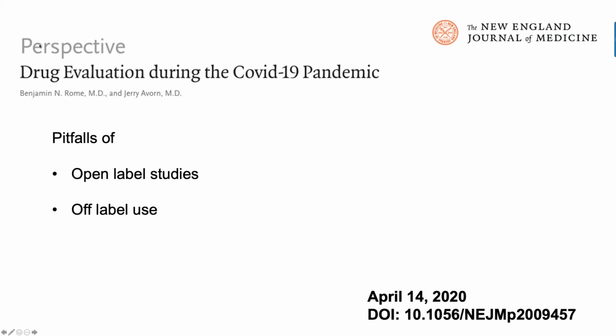So there are some nice reflective pieces, and I draw your attention to this article, which was published on April 14th in the New England Journal of Medicine, which talked a little bit about perspective and drug evaluation during the current pandemic. They nicely reviewed some of the pitfalls of where we currently are as it relates to this pandemic, predominantly those related to open label studies, which can certainly lead to erosion of trust, and also has implications when we're using off-label use of drugs which would normally be used for a certain indication,